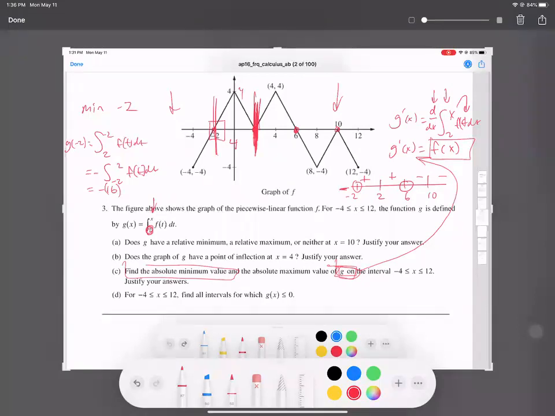So my lowest value is going to be -16. And since our slope is coming down, right, we're coming down to it, that means my left endpoint isn't going to be my lowest value. My highest value is going to be at 6. So g of 6 would be the integral from 2 to 6 of f of t dt. Looking at that from 2 to 6, we see that's going to be,